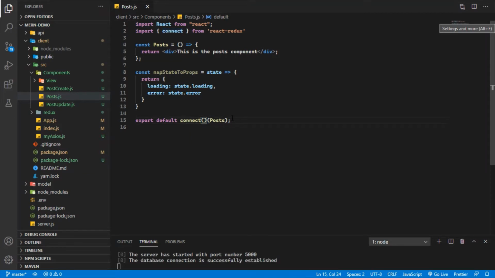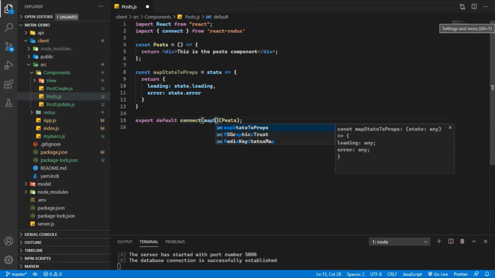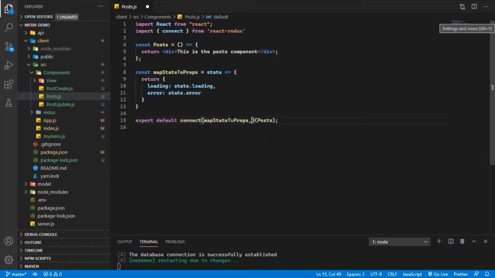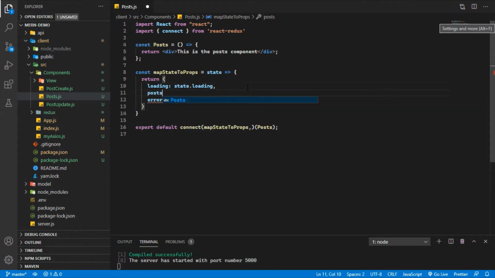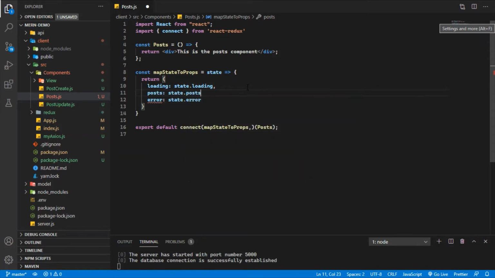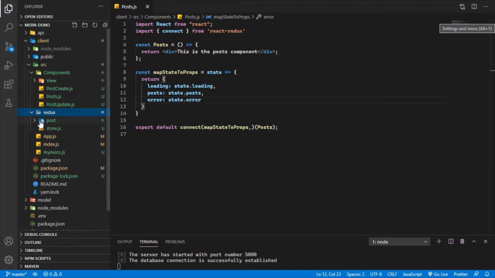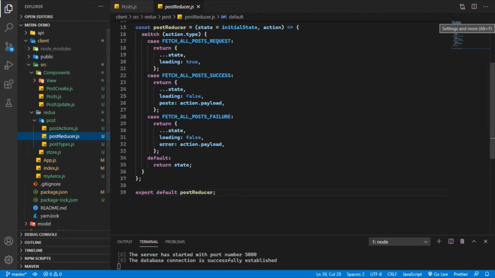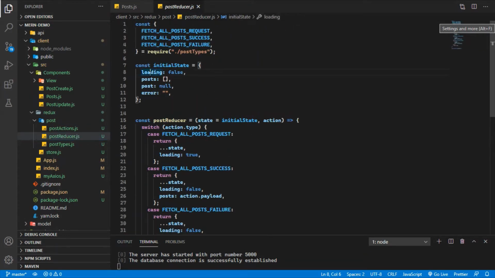Now I'm going to mention mapStateToProps, and we are also going to fetch all our posts, so this will be state.post. These are all our posts. If you are confused, let me give an example. In the reducer, you can see that this is the loading part, this is the post part, and this is the error part.